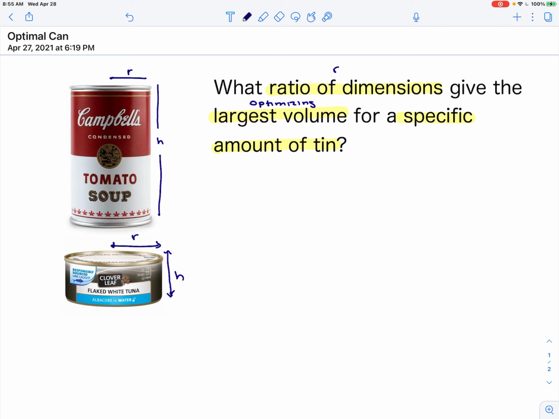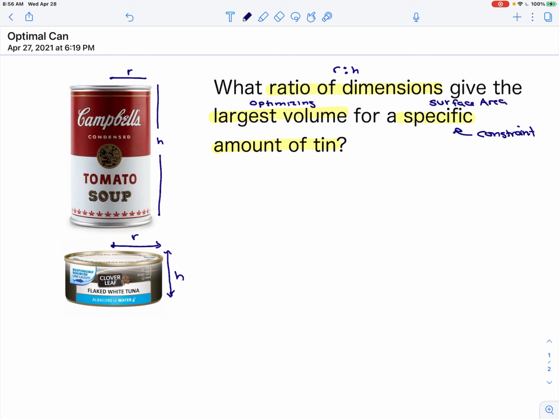For the ratio of dimensions, I'm looking for r to h. Are they double? Should they be the same? What would be optimal? And then a specific amount of tin. If I think about the tin in terms of mathematics, we're looking at surface area. And if I have a specific amount, this is the constraint. Now, in this problem, I don't actually have the specific amount,